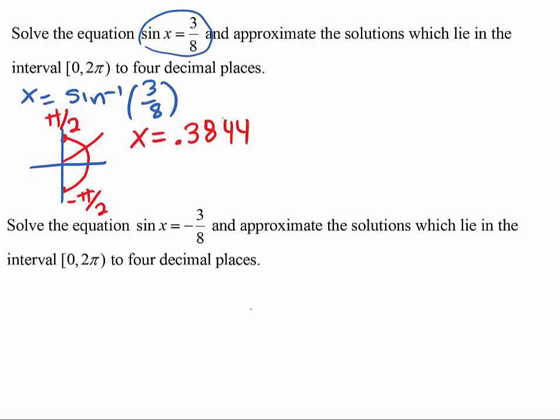0.3844. Now that is not the only solution between 0 and 2 pi, because if we look around this circle over here in quadrant 2, there is an angle that has the same y value. Remember, sine is the y value, and that would be here in quadrant 2. This angle right here is 0.3844. Well, this angle is the same size, so I could do pi and subtract that angle. So I'm going to do pi minus 0.3844,